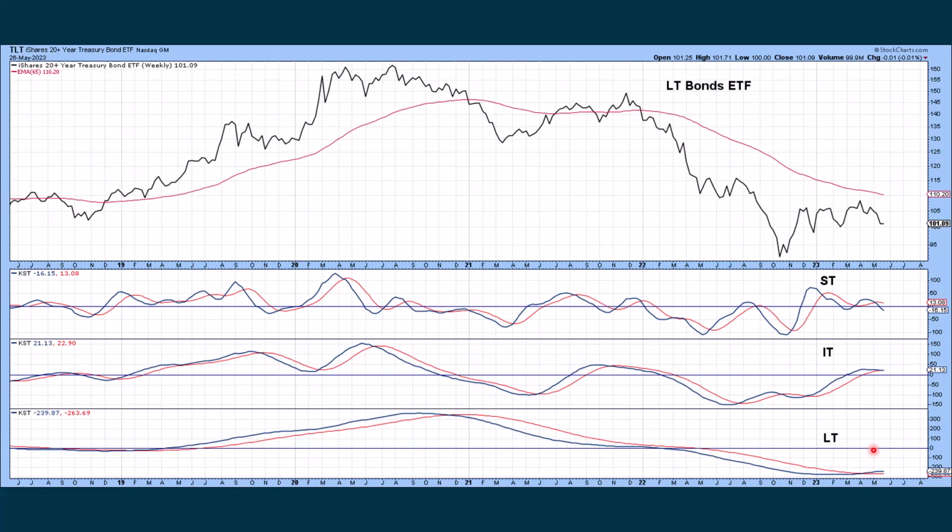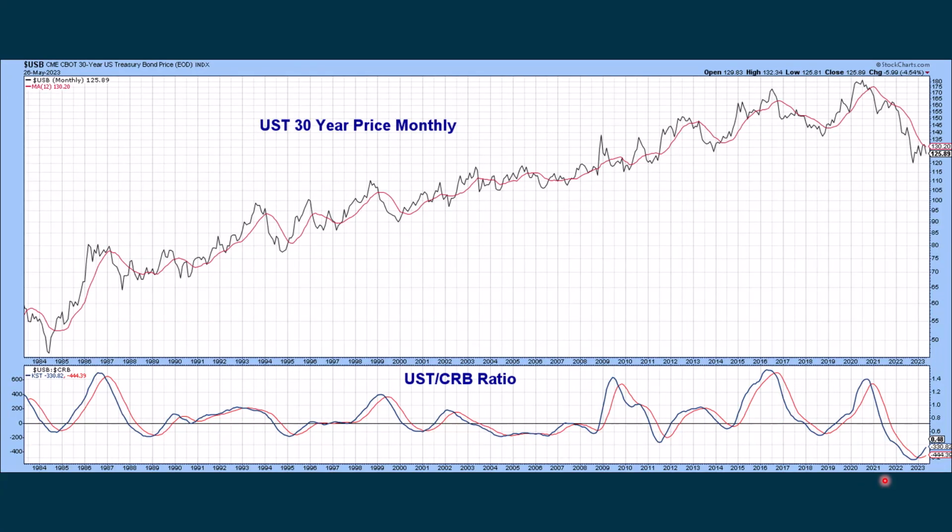Then looking at the long bond ETF, which is below its moving average, short term it's going down, intermediate term could be rolling over, long term is still positive. Comparing the price of bonds, it's showing that bonds are outperforming the CRB index. Even though we're seeing some weakness lately, we came up to this moving average and are starting to come back